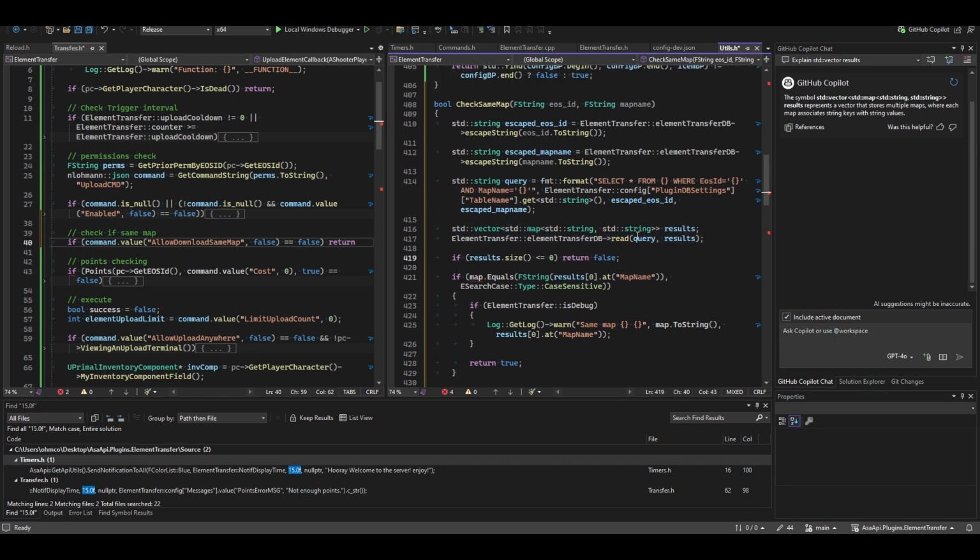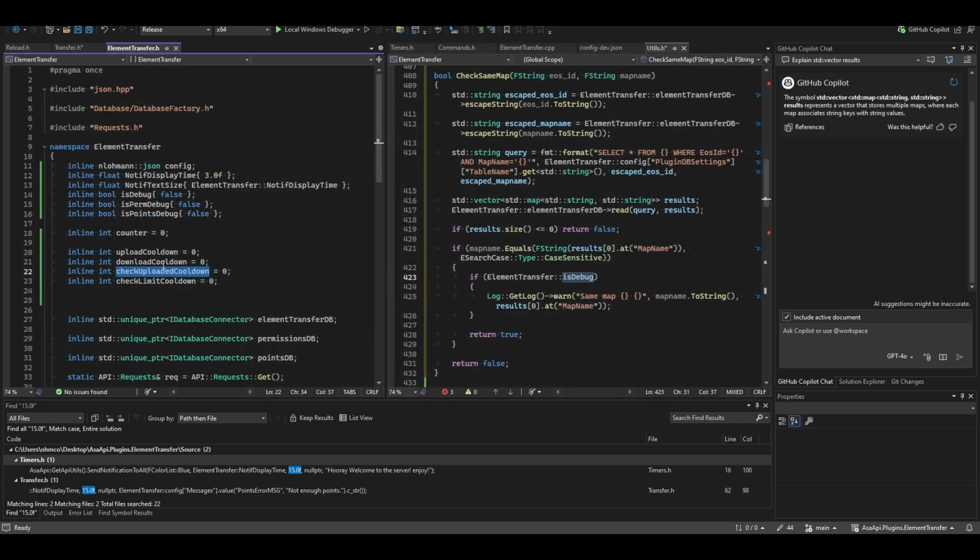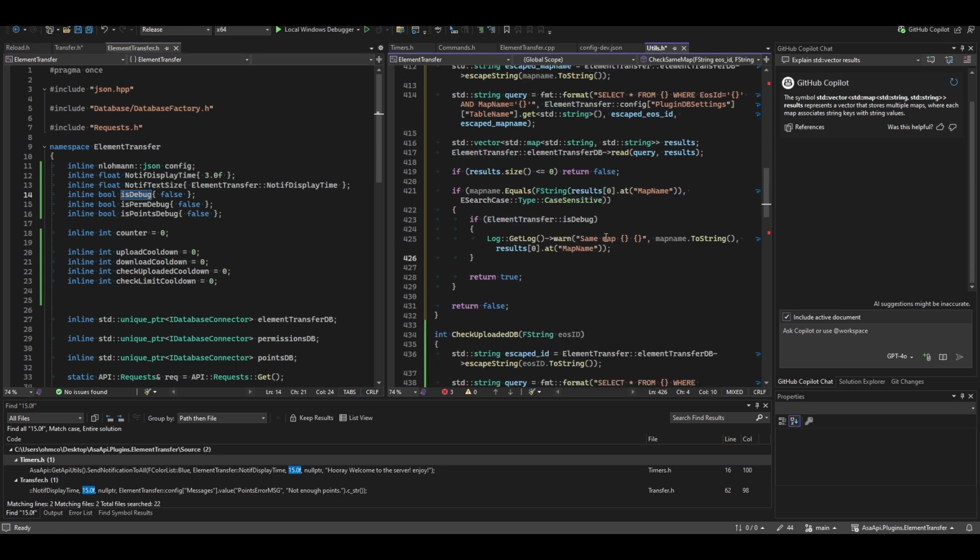Just read the result. If we don't have a result, remove them. Oh no, return false. And if equals equals f string at f name, right? This one, we need to make sure that it is case sensitive. But you didn't really need this because it's hard coded anyway, but just to make sure, okay? If is the bug, we're not using this. Are we using it? Element transfer.h. Go here. Is the bug? Yeah, we're using it. Okay, so same map, just